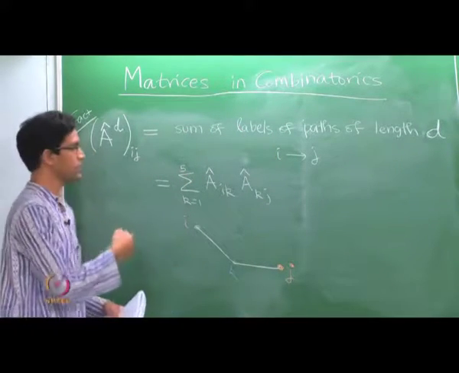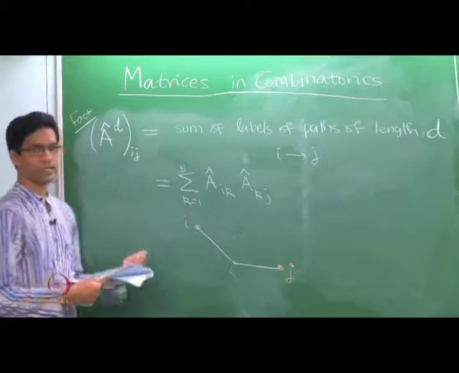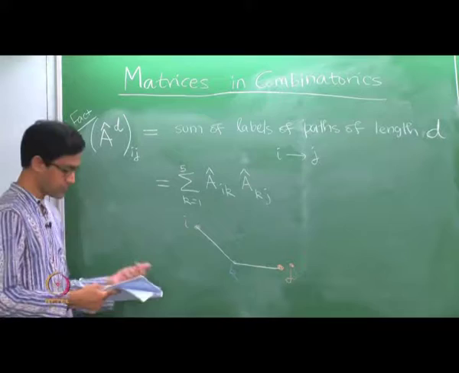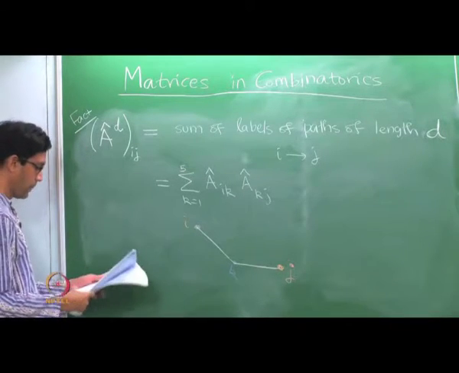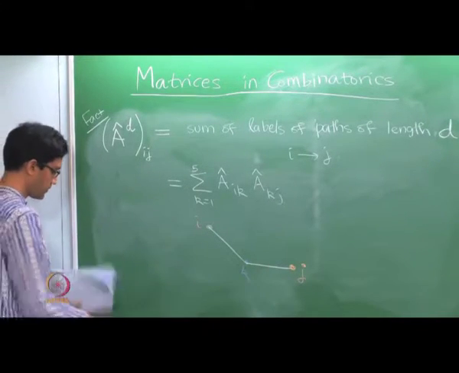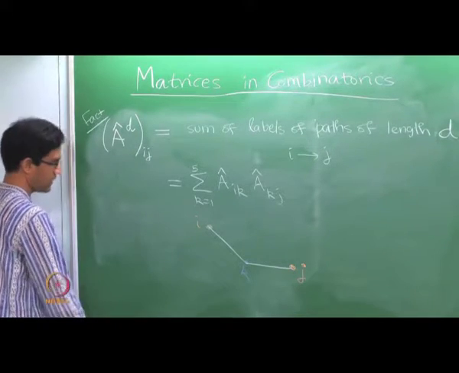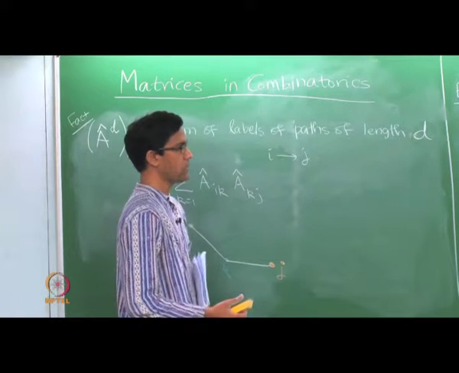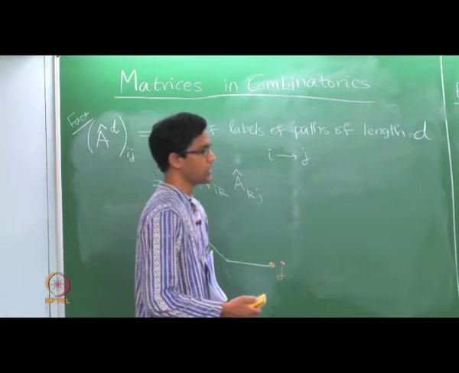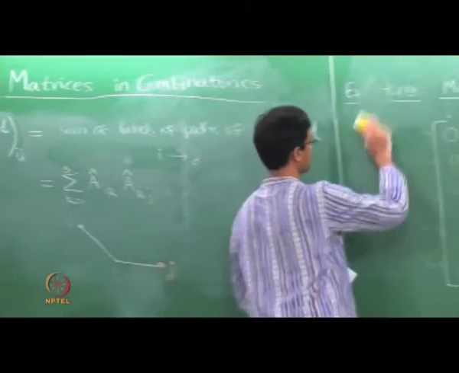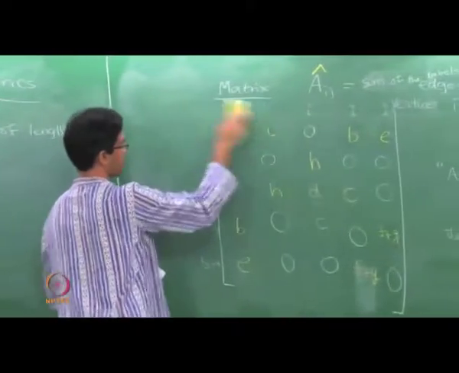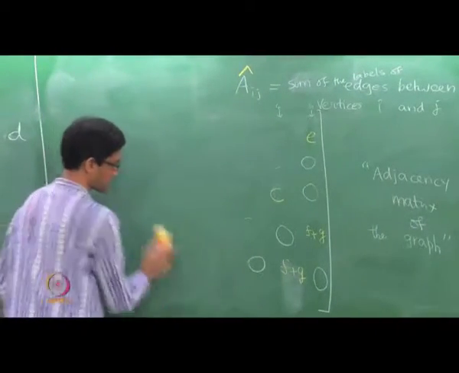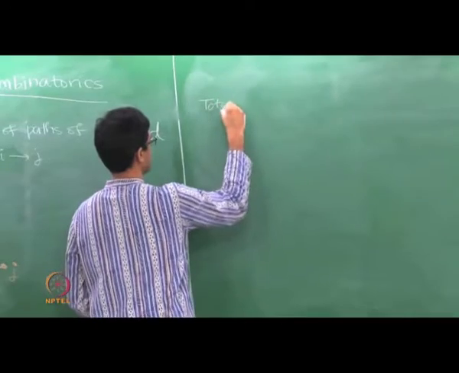So I urge you to play with this and see how this really works out in various examples of paths of length 3, for instance. Okay. Now, here are a couple of things to keep in mind. The initial problem that we started out wanting to do is to find the total number of paths. Suppose we don't care about knowing what the paths themselves are. So, total number of paths